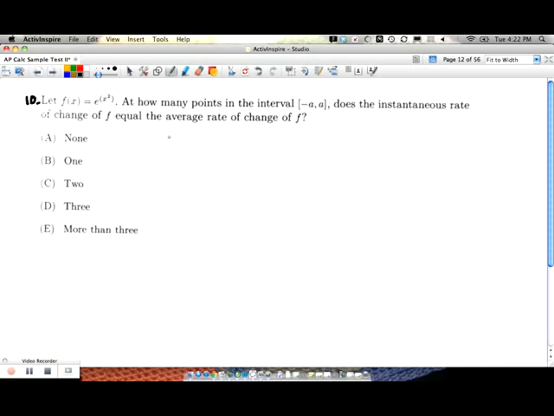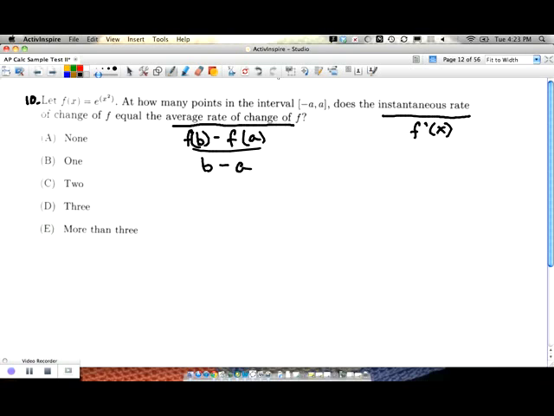The 10's a little bit faded, but this is still number 10. Okay, we're looking at this prompt as it says, how many points on the interval does the instantaneous rate equal the average rate? Well, the instantaneous rate is f prime of x. The average rate is really f of b minus f of a